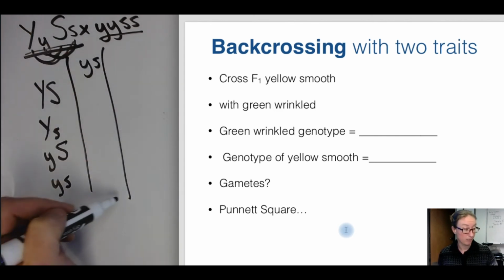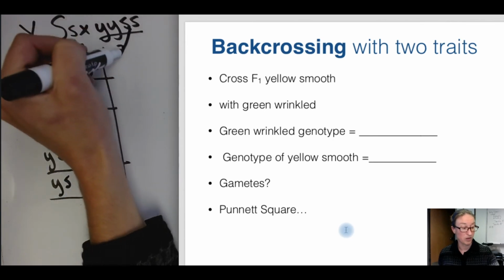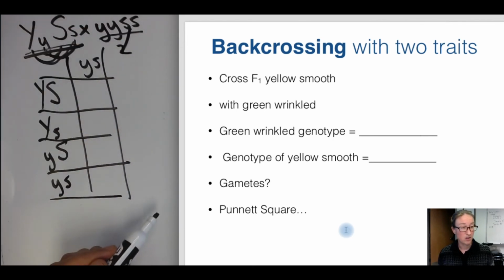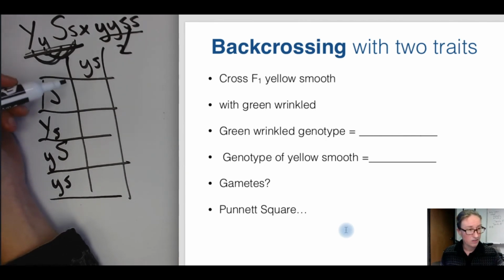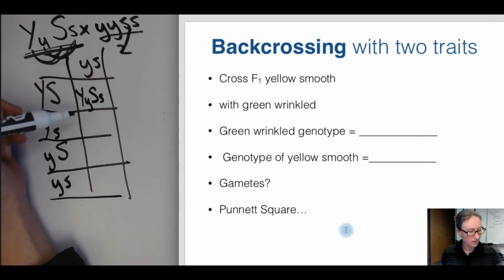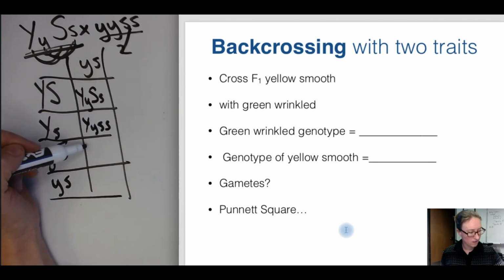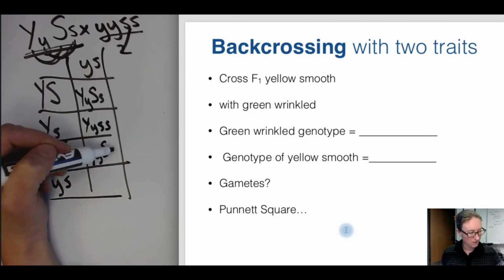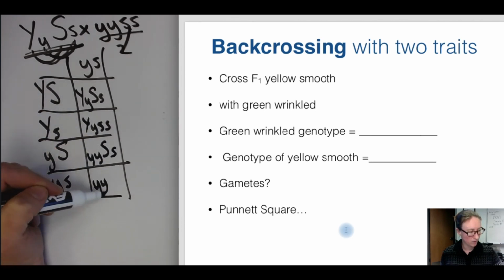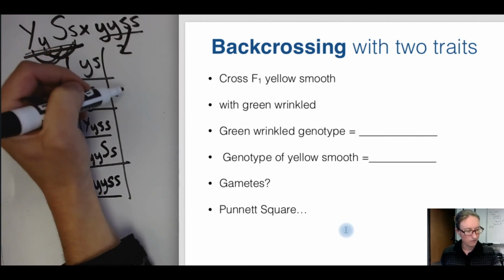And then you're going to stop writing there because all of the gametes from this individual are going to be exactly the same. So instead of having a Punnett square, all you need to do is draw out a Punnett rectangle. And then let's look at our offspring. So we've got big Y, big S, little s, big Y, little s, little s, little y, big S, little s, little y, little s, little s. So we're going to have